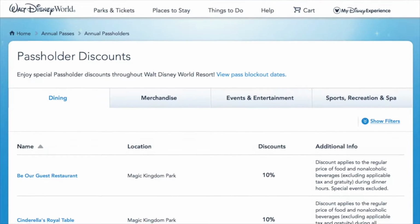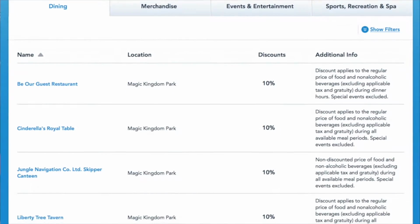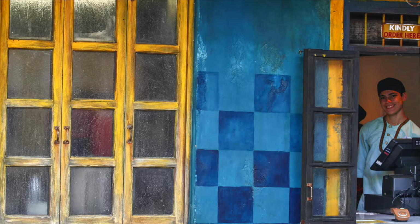Now, granted, our idea of a snack does not always coincide with what Disney defines as a snack, but still, a quick online check before getting in line would go a long way towards a more efficient counter service experience for everyone. However, here's a tip if you don't have any special dining discounts and plan on having a quick service meal,